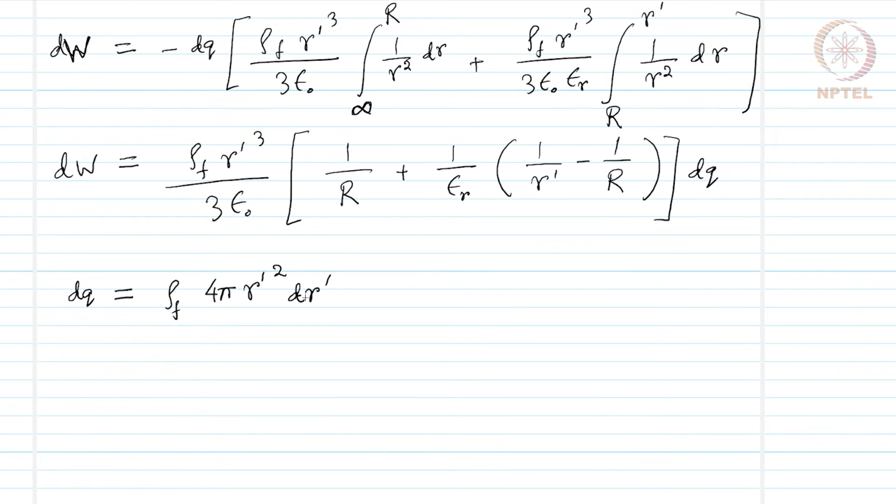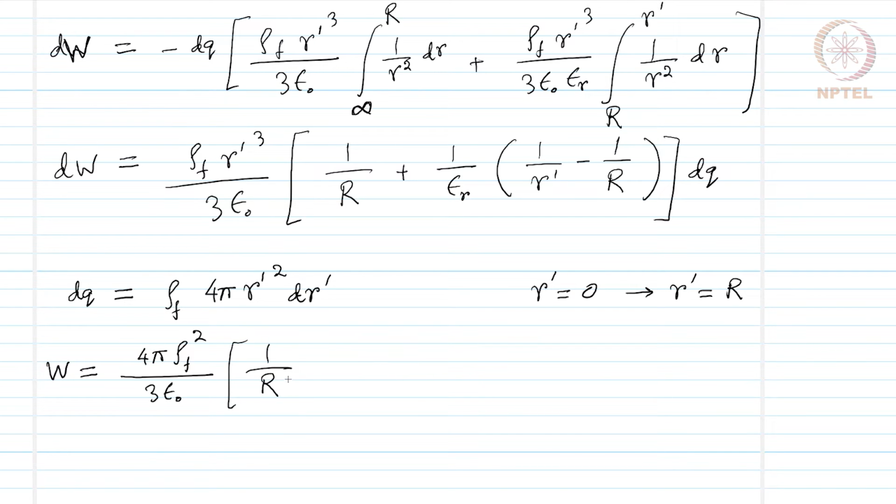and the total work is done in the process of going from r prime equals 0 to r prime equals R. So, if we put dr prime and integrate over it, then the limit of this integration will be from 0 to capital R, and then we can write the expression for work done to perform this process as 4 pi rho_f squared over 3 epsilon naught, 1 over capital R, 1 minus 1 over epsilon_r, integration from 0 to capital R of r prime power 5 dr prime,